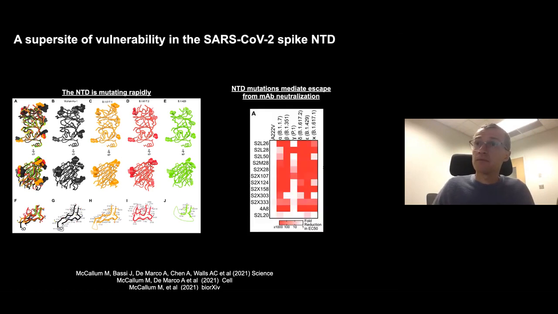And here I'm showing you a heat map of ELISA binding to the different variants from a panel of neutralizing antibodies binding the NTD. And you see that most of them have reduced binding by multiple orders of magnitude to all of these variants. So we think the NTD is important, and it is targeted by neutralizing antibodies. That's why it's actually mutating. But it seems to be a very challenging target to focus on due to its ability to evolve so rapidly.